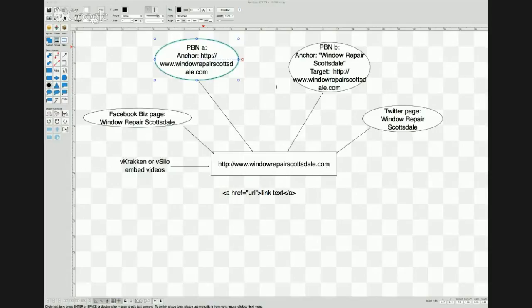So this could be like home repair pros.org. Maybe we found that. In all likelihood, this is going to have been a site that was up and running and would have probably backlinks that were related to home improvement, which is going to make this a very, very strong PBN site for something like Window Repair Scottsdale down here to rank for.